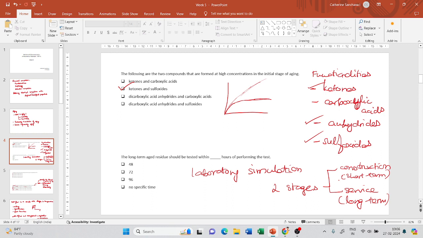You have to have an accelerated process in your laboratory to simulate this aging process. It is just a relative process, you can use it only for relative comparison, to compare bitumen as to how they will get affected on aging, but you cannot